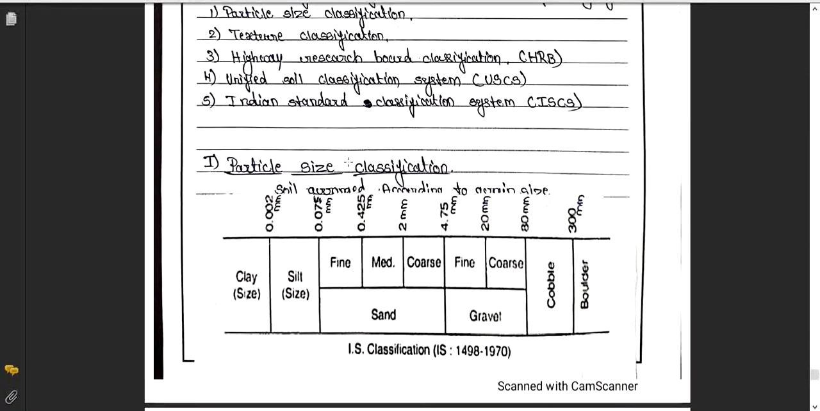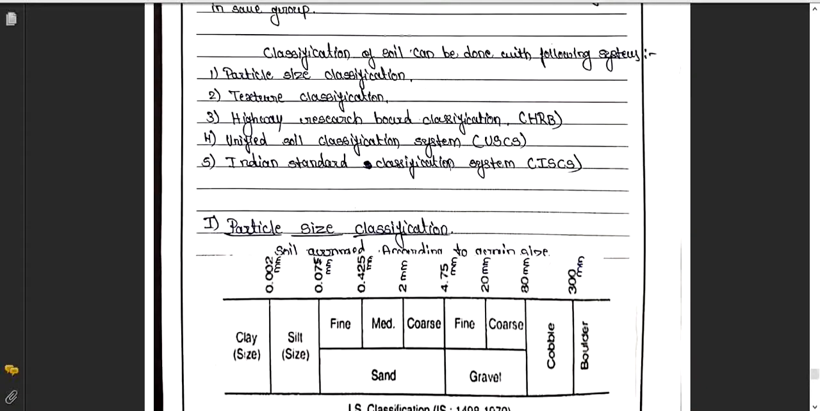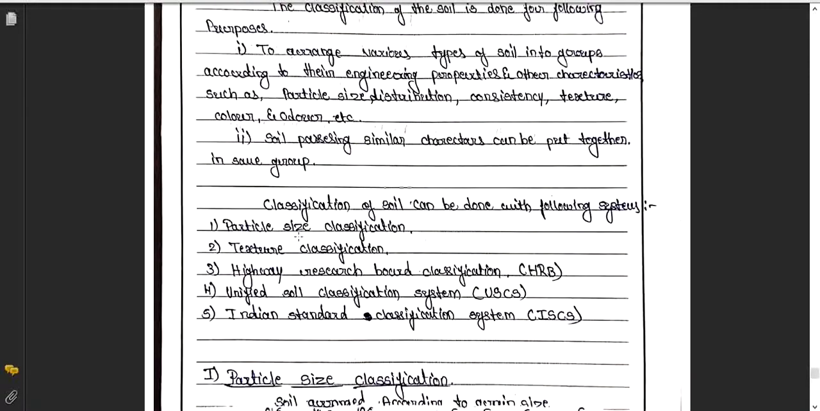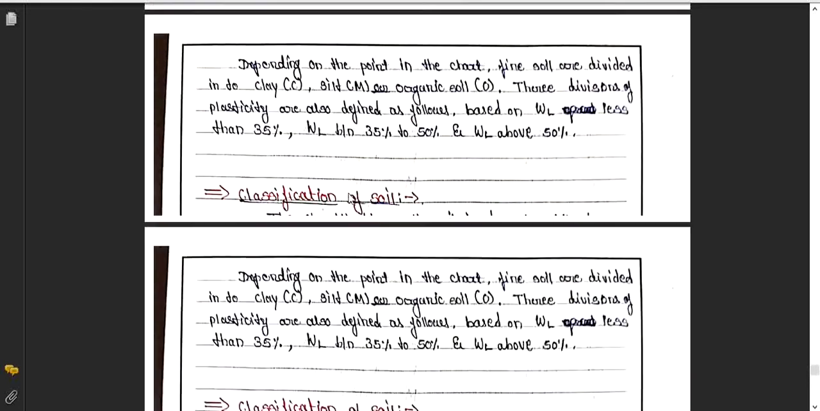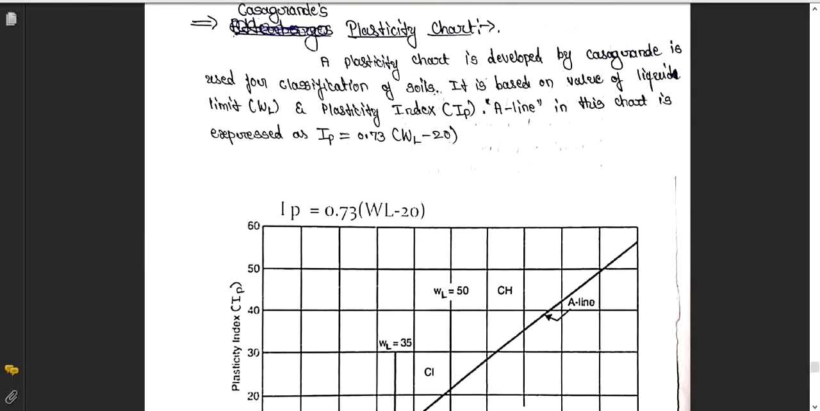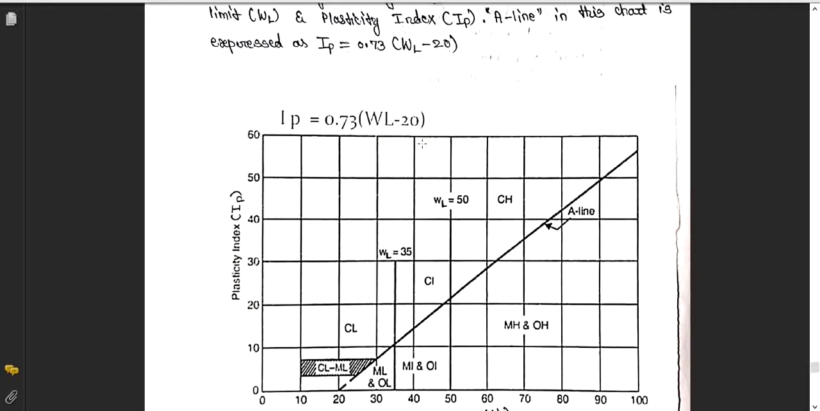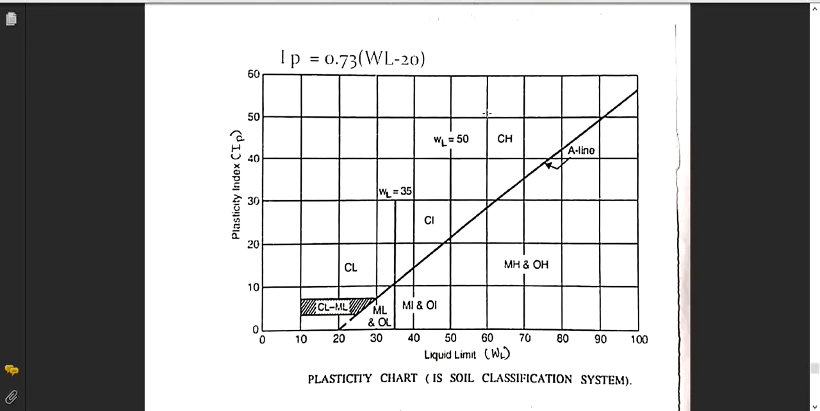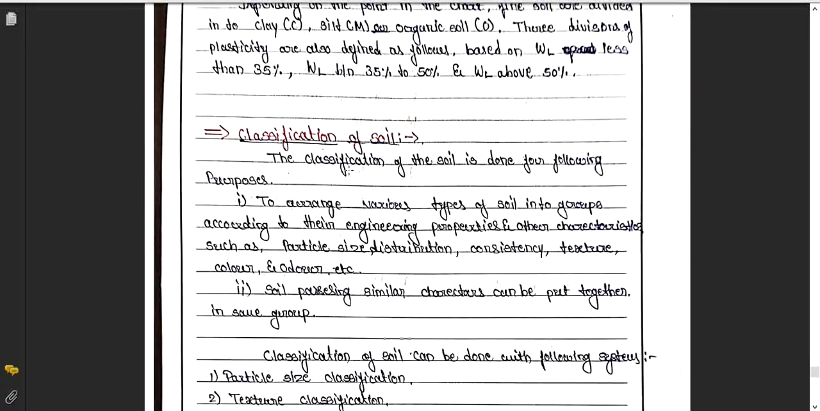In the previous session we studied particle size distribution, classification and the need of classification, and various systems of classification. Before that, a very important part which we studied is Casagrande's plasticity chart. This is the chart which is called Casagrande's plasticity chart. This particular chart is used in classification of the soil. So you can see here